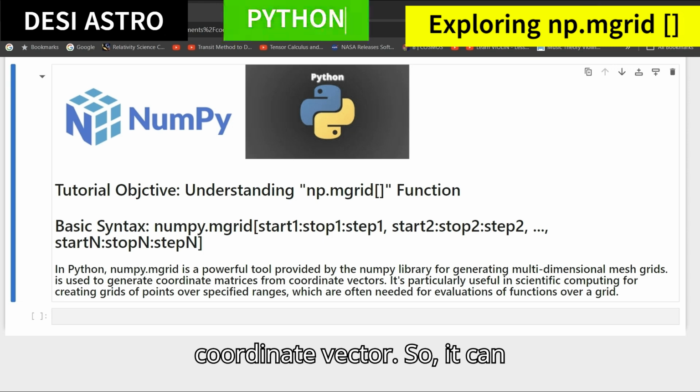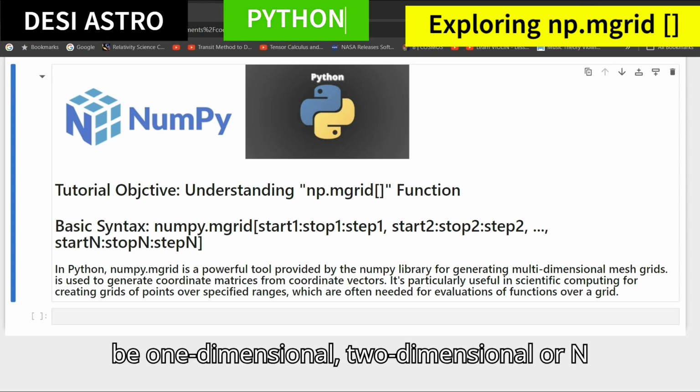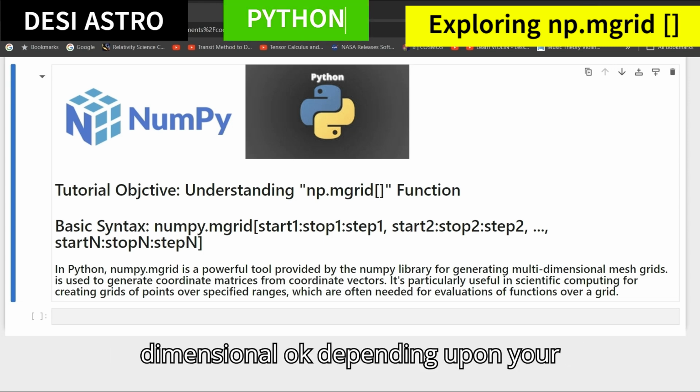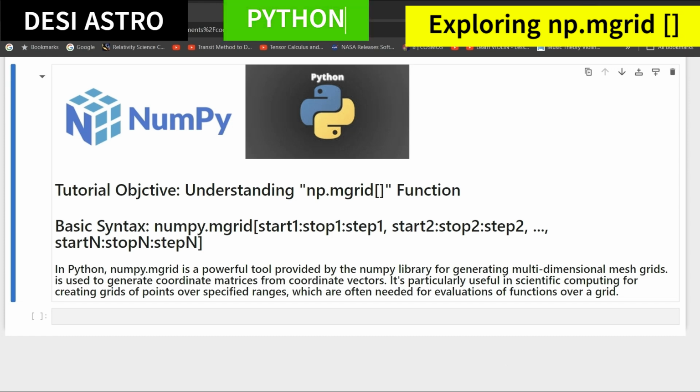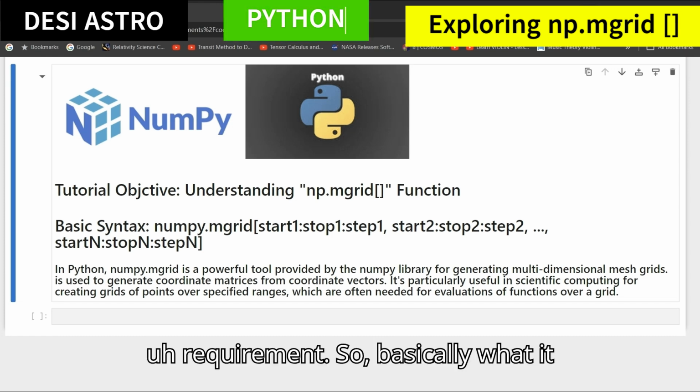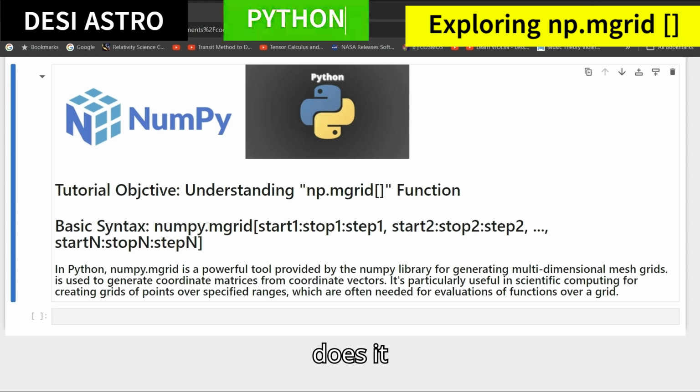It can be one dimensional, two dimensional, or n dimensional, depending upon your requirement. Basically, it creates grid coordinates over a specific range, and you can evaluate your function